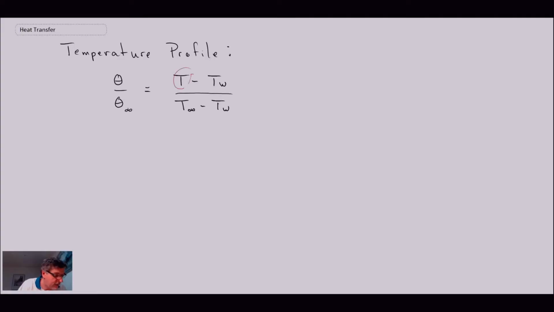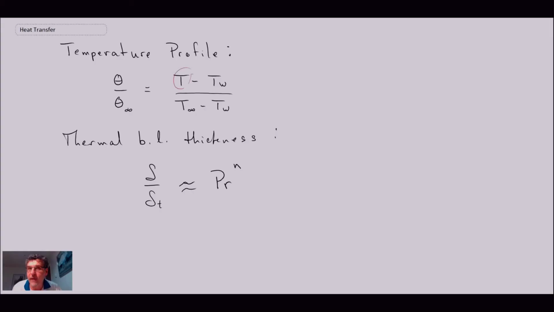Another one is our thermal boundary layer thickness. Delta, that is our hydrodynamic or velocity boundary layer thickness, divided by delta T. Now, we haven't seen this yet, but we will. It can be expressed as a relationship involving the Prandtl number raised to some power n, and we haven't determined what that power is yet. And the Prandtl number is a number that is used quite often in heat transfer. Pr